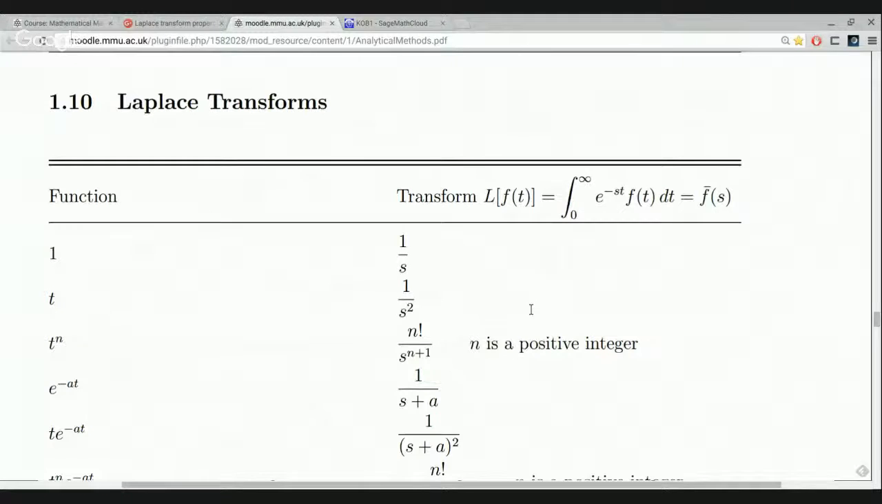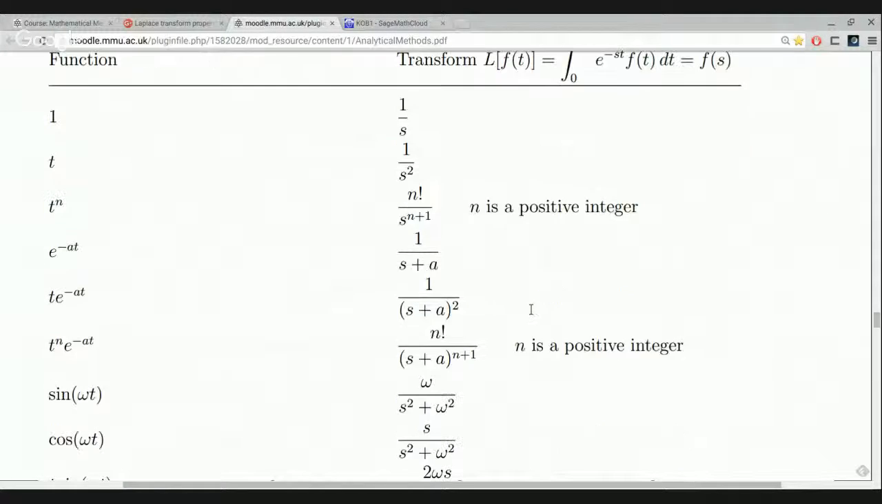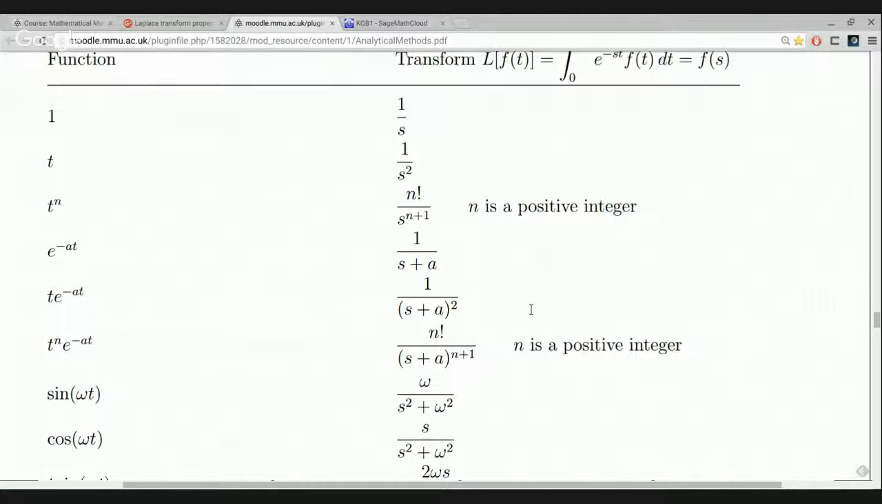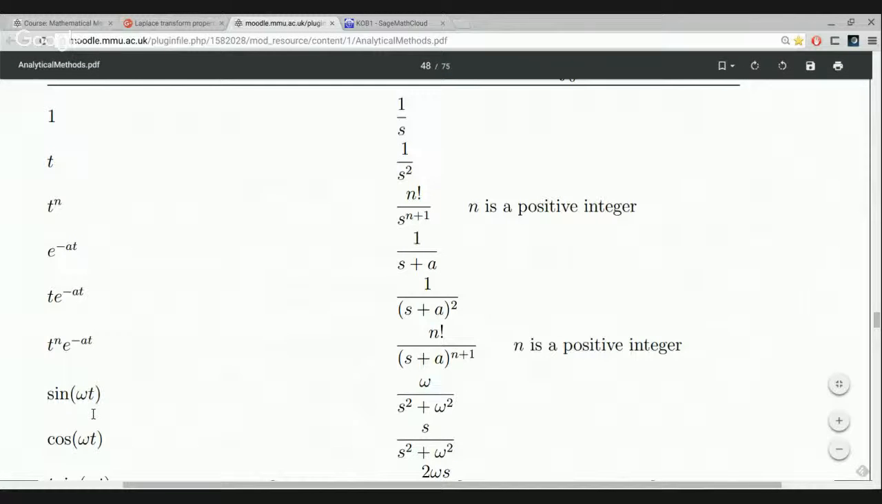This has a couple of pages on Laplace transforms. And here, this is what we refer to as the table of Laplace transforms. Down the left-hand side, we've got a lot of familiar, standard functions. And on the right-hand side are their Laplace transforms. So this, on the right-hand side, is the result of that integral: the integral of e to the minus st times f of t, where f is